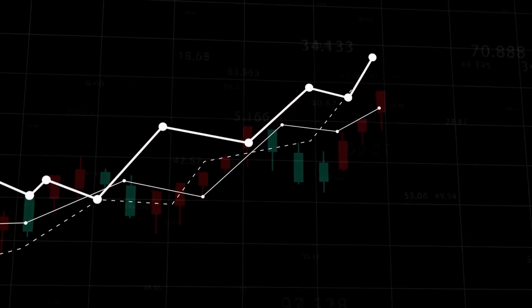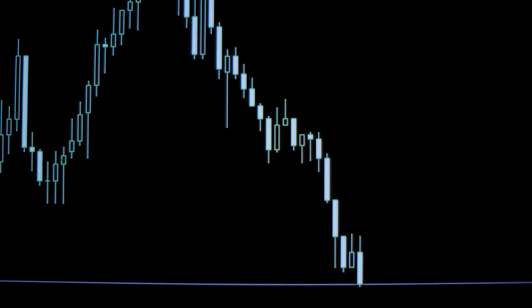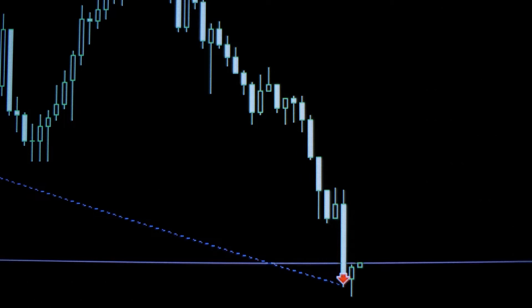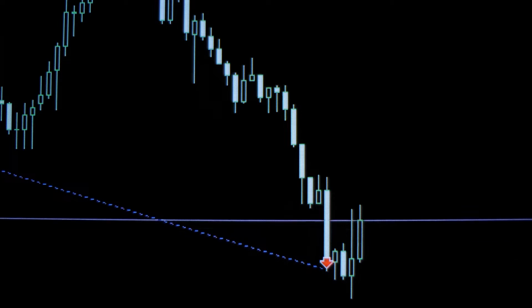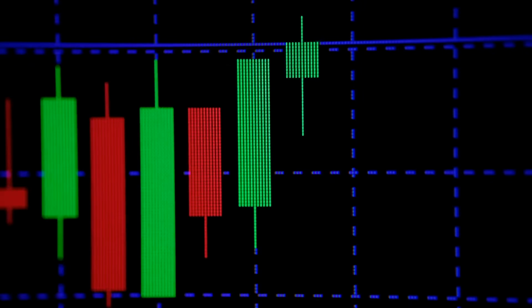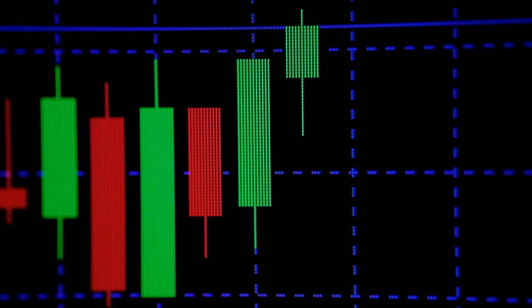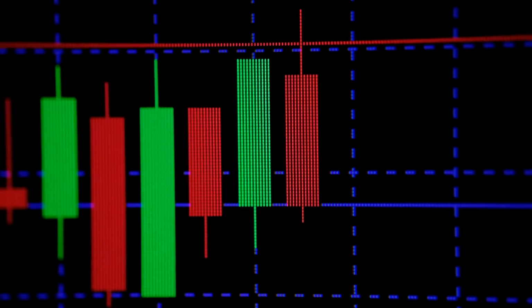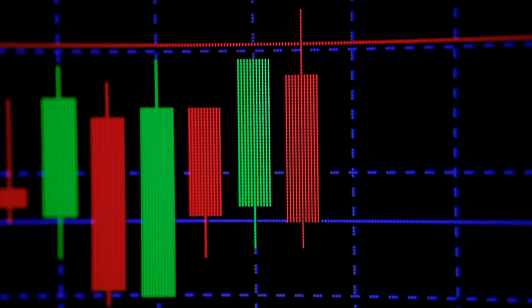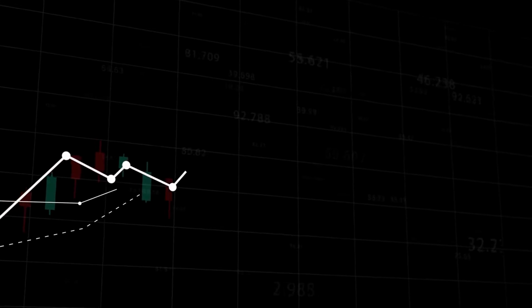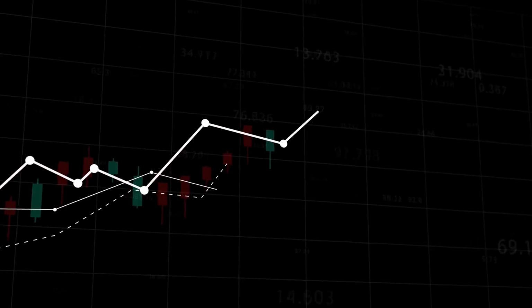To start, a rising wedge forms when the price consolidates between upward sloping support and resistance lines. The slope of the support line is steeper than that of the resistance, indicating that higher lows are being formed faster than higher highs. This leads to a wedge-like formation, which is where the chart pattern gets its name. With prices consolidating, we know that a big move is coming, so we can expect a breakout to either the